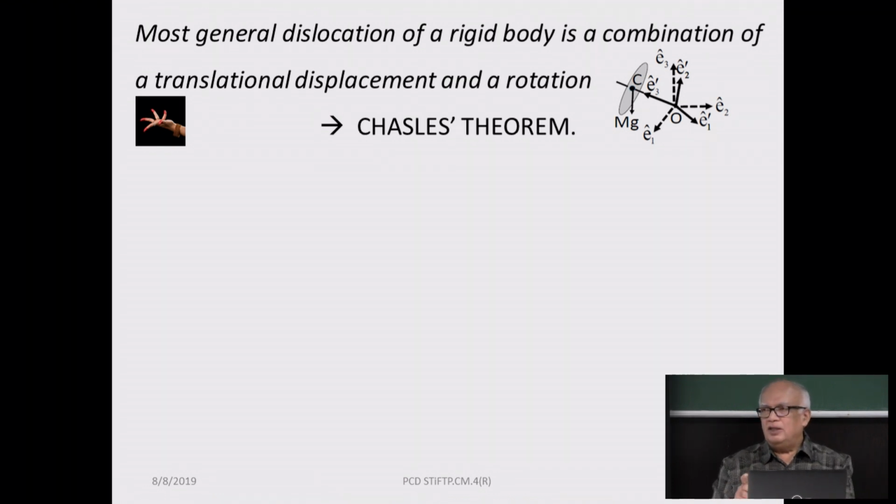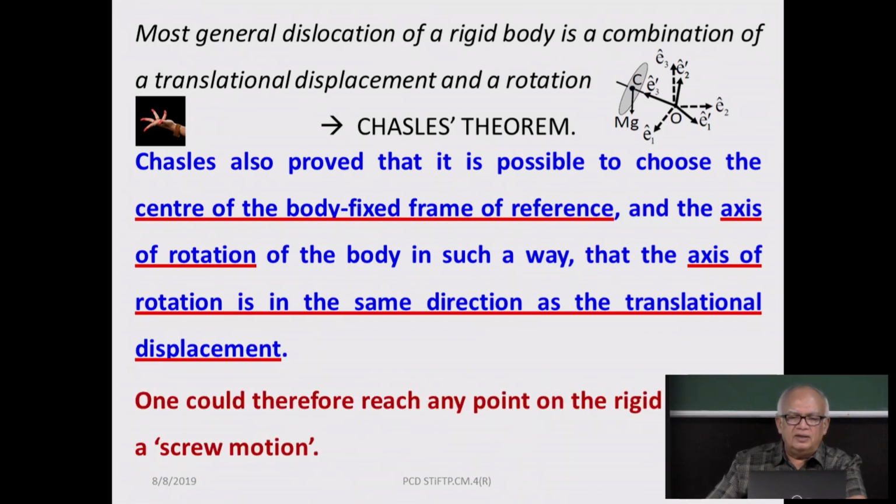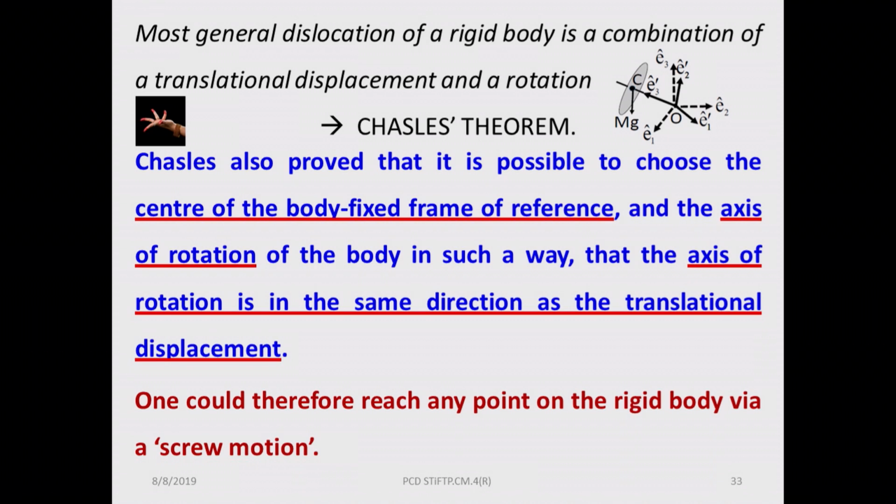So in other words, you can think of a screw. The way the screw would propagate, you can have it along that particular axis, and then a rotation of the screw will give you the rotating frame of reference. So any transformation can be brought down to the rotation of a screw. This is called a screw motion, and Chasles' theorem is very useful in describing